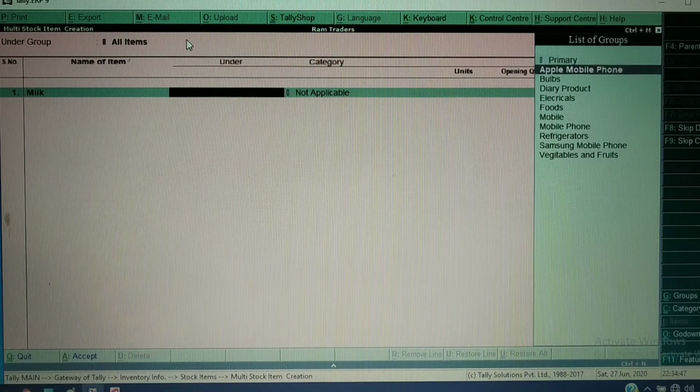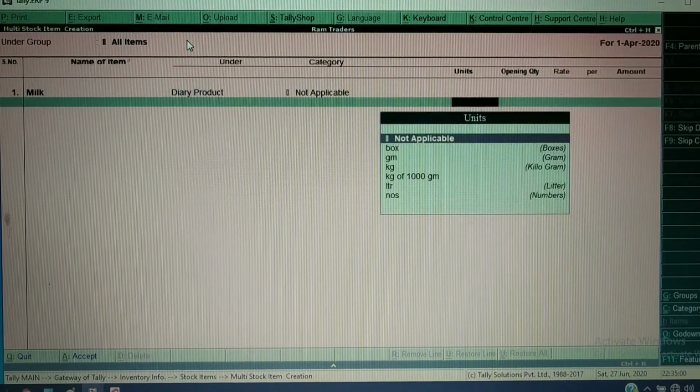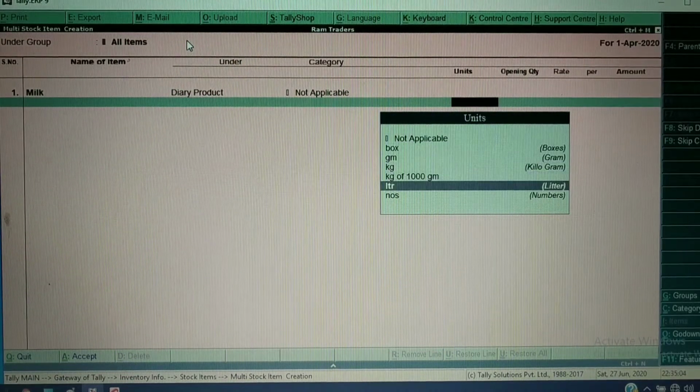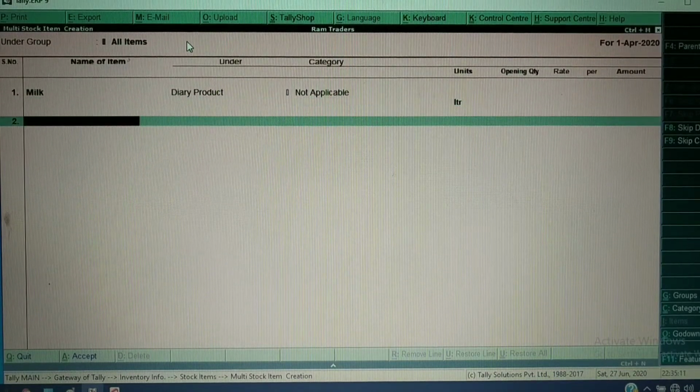This milk should come under dairy products. Next, category: there is no category for this, so we select not applicable, because I have not created any categories for milk and dairy products. Dairy products will be measured in units. So I will skip this opening quantity.